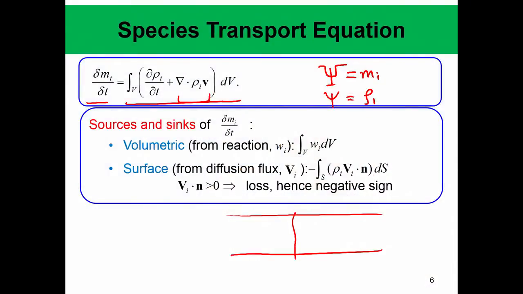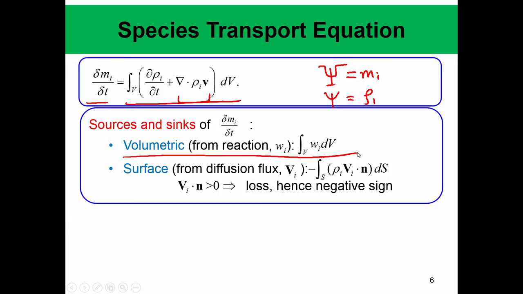Suppose this mi is represented by the methane fuel. Before and after combustion, as the flow is happening, suppose there is a flow and there is a flame. Then mi or rho I, say for I equal to CH4, the mass of CH4, will be very large on one side, but it will be equal to 0 on the other. There will be no CH4 here. So we need to find some sources and sinks, and those are basically of two kinds. One is volumetric,